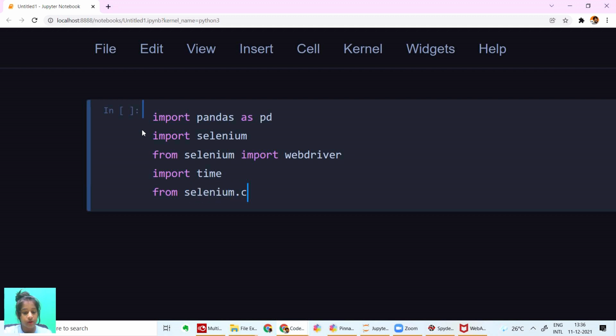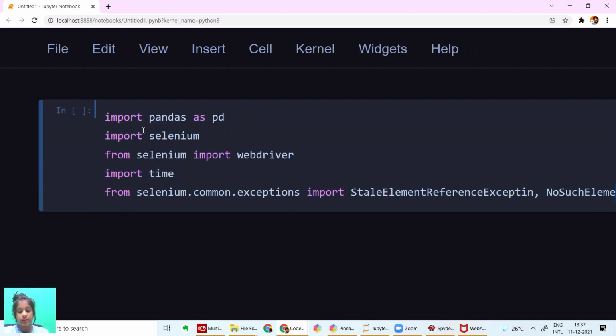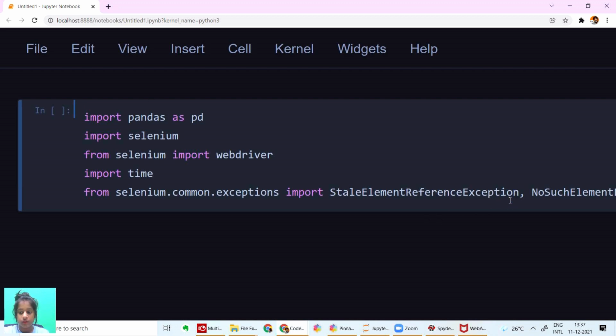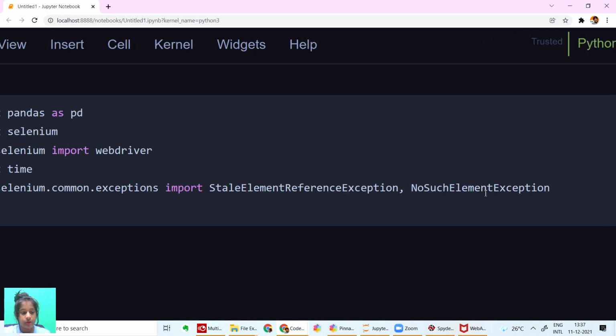I'm going to say from selenium.common.exceptions import StaleElementReferenceException and NoSuchElementException, and let's import requests.